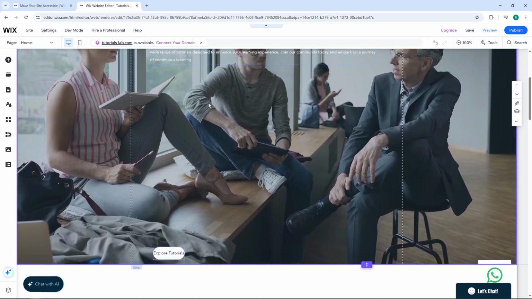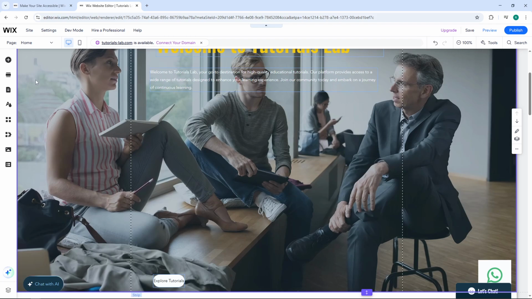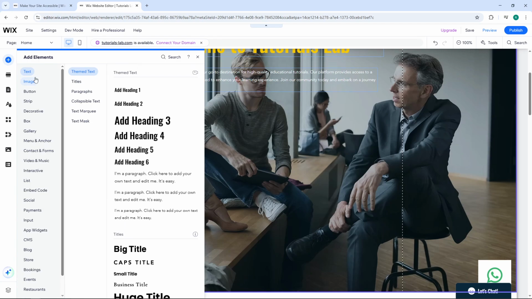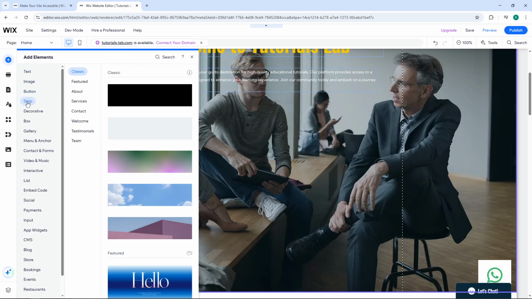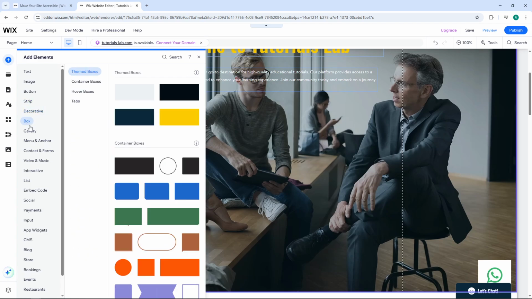You'll now be directed to the Wix website editor screen. This is where the magic happens and where you can visually design your site. Start by locating the Add Elements button on the left navigation menu. It's one of the main tools you'll use for building out your pages. Click on it and an expanded menu will appear, showing you all the different elements and widgets you can add